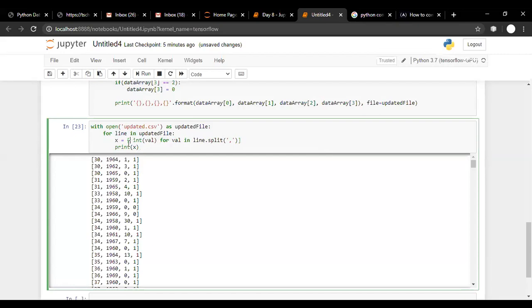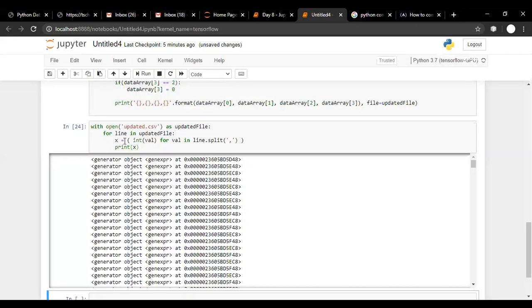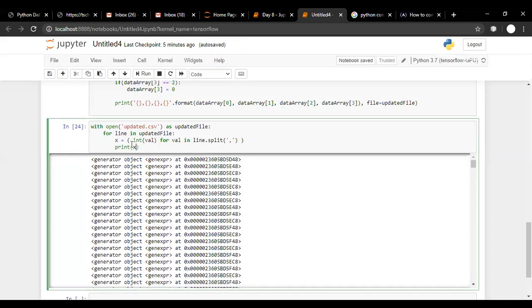Now, instead of square brackets, if I use round brackets, suddenly this becomes a different concept in Python. If I run this, now x is a generator object. So instead of a list comprehension, it becomes a generator expression, which we discussed in the last session.